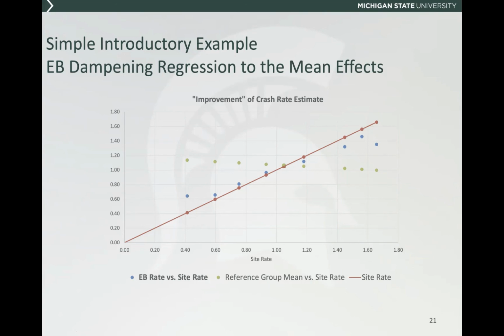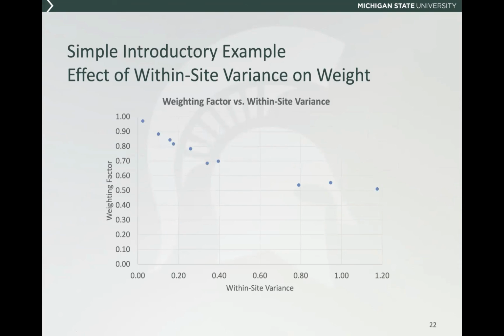And so the same general phenomenon is going to hold more broadly. And so this gives us at least a high-level introduction to what we would expect to see through an empirical Bayes type analysis, okay? And so if we think about this in terms of the weighting factors, this is just expressing how the within-site variability matters, okay? The lesser that within-site variability is, as you can see here, the higher the weighting factor that we would apply, the larger our value for phi. And in contrast, as that variability gets larger and larger, we're applying less and less weight to that estimate accordingly,